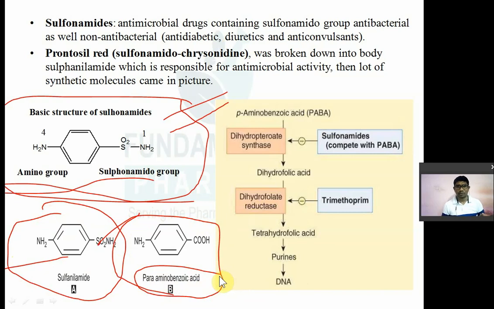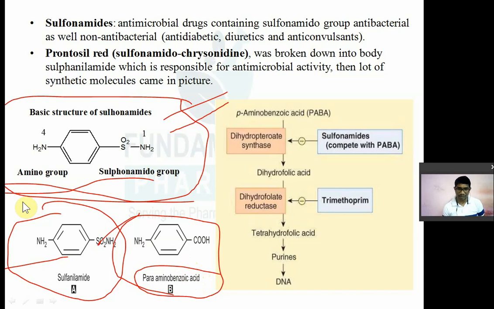जो para-amino benzoic acid होता है वो बहुत ही important होता है bacterial cell के लिए. So that para-amino benzoic acid will combine with the pteridine ring, and then the bacteria will synthesize the dihydrofolic acid. Then dihydrofolic acid will be converted to tetrahydrofolic acid, and that is useful in the active form